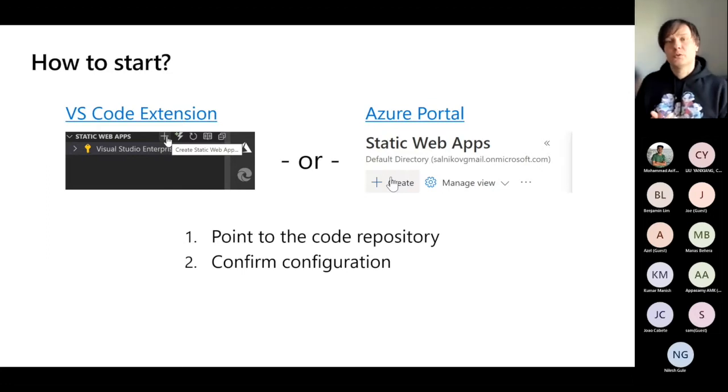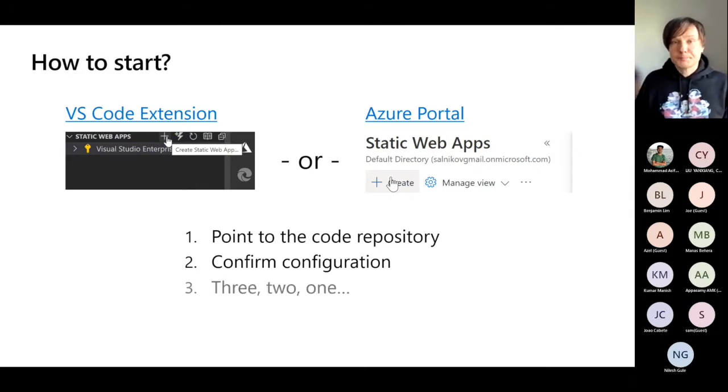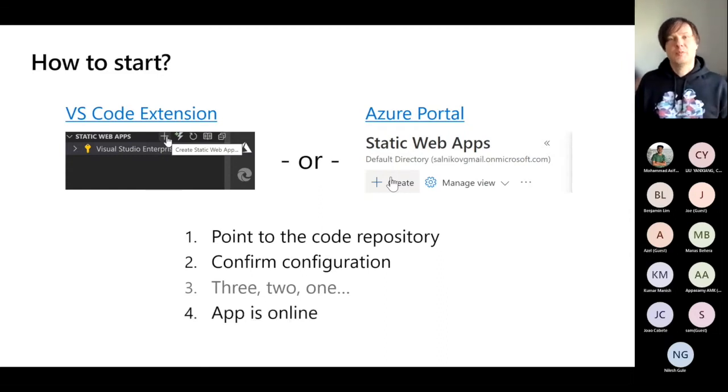Then you provide the folder where you have your build artifacts, and this folder is different for different frameworks. You definitely know, as a web frontend developer, where you actually have the files ready for being deployed, and a few more options. Then you count 3, 2, 1, or maybe a bit longer if you have quite a sophisticated build flow, and magically your application is